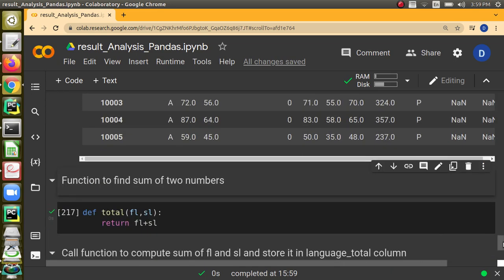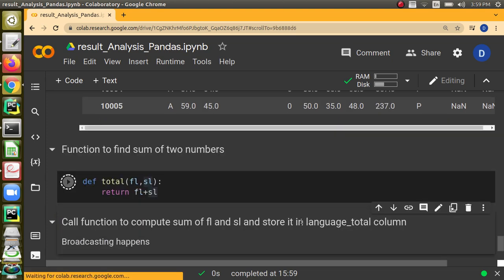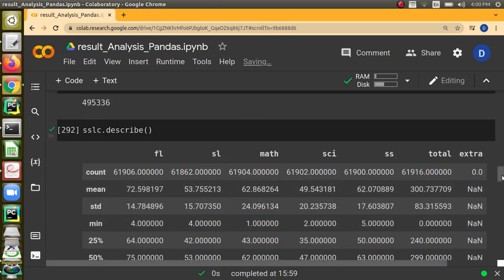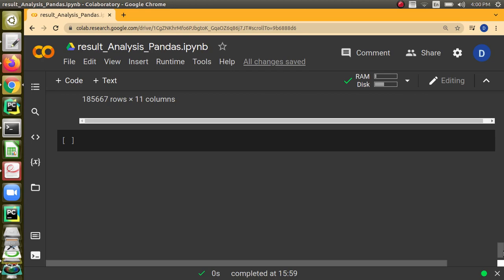Now we are going to write a function to add the numbers, right? Just this function will add 2 numbers, that's all. So in Python we have written a function which will take 2 parameters and then add it. Now what we are going to do is, we are going to apply this particular function for the language total column, and we are going to find the total marks secured by the student in the languages, right?